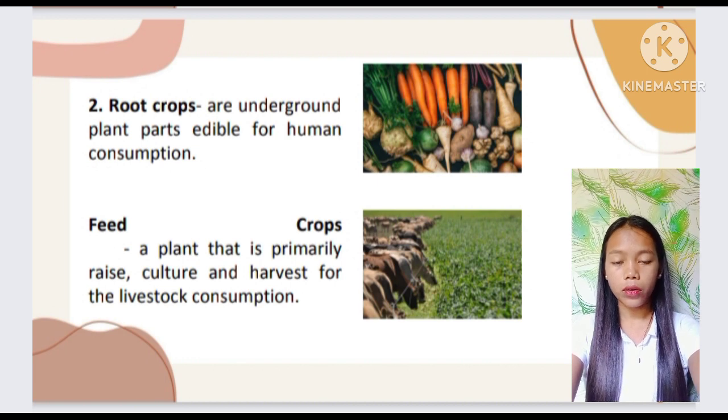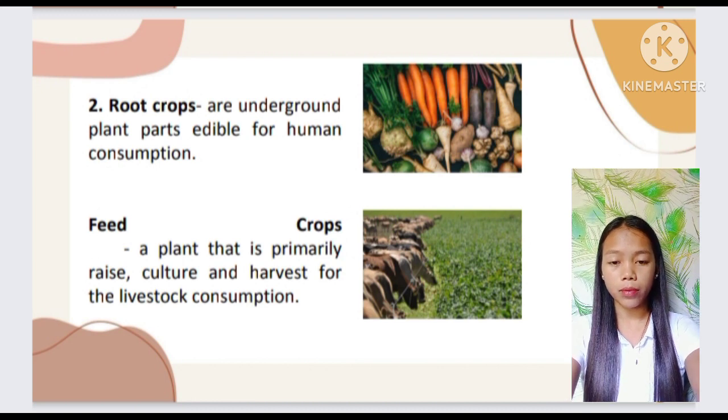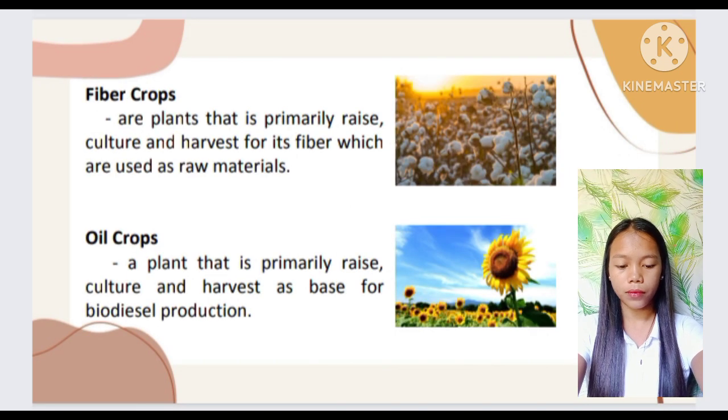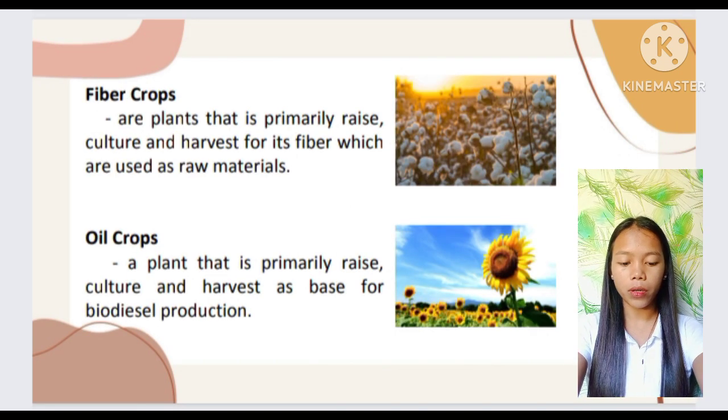We also have here root crops. So root crops, on the other hand, are underground plant parts edible for human consumption. Next, we have feed crops, plants that are primarily raised, cultured, and harvested for livestock consumption. Also, fiber crops, these are plants that are primarily raised, cultured, and harvested for their fiber, which is used